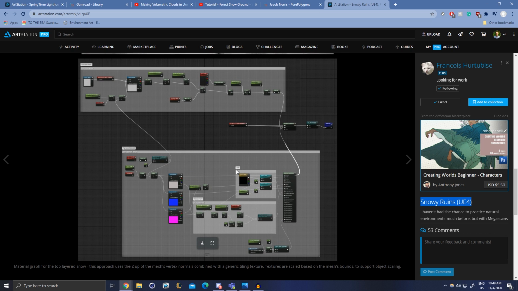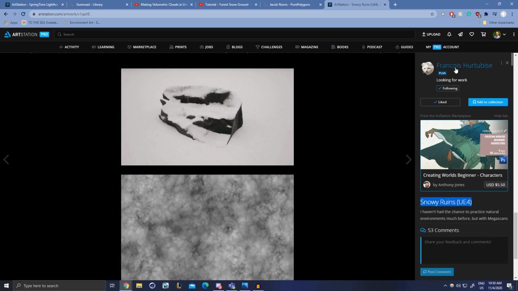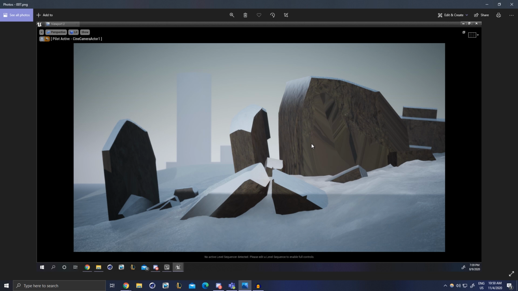I made a couple tweaks here and there just for convenience and easy reuse, but it's set up in a way where you can manually paint out with vertex painting. You can paint out areas you don't want snow, and then the rest is to auto detect where the top is, and as you can see, blend it very nicely, and you have a lot of control with this material. So highly recommend checking this guy out. Snowy Ruins UE4, incredible work. So let's go back. So I set that up. I don't think this was fully set up at this point. This was probably just following some YouTube tutorial, but I stumbled across that later, so I wanted to plug it.